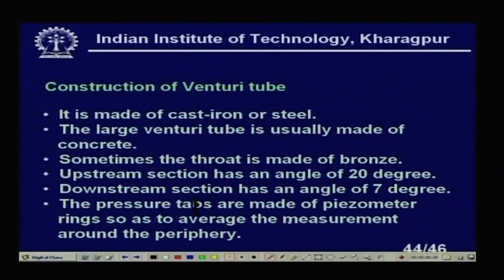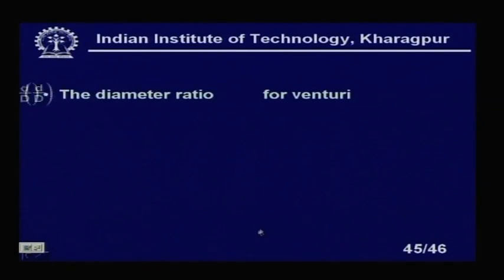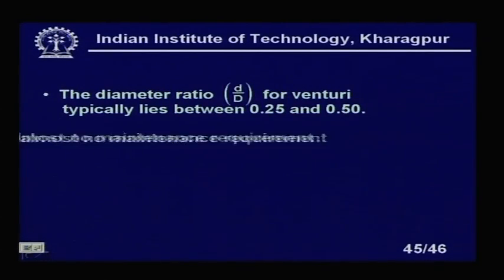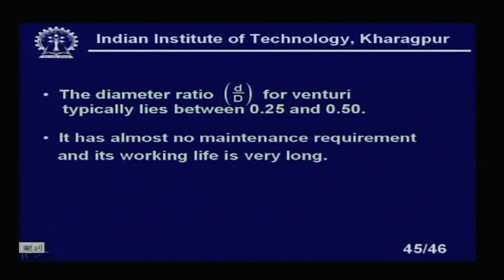Pressure taps are made of a piezometer ring, so as to average the measurement around the periphery. The diameter ratio, small d by capital D, for a venturi typically lies between 0.25 and 0.50. It has almost no maintenance requirement and its working life is very long. So, almost absolutely no maintenance, which is necessary in the case of